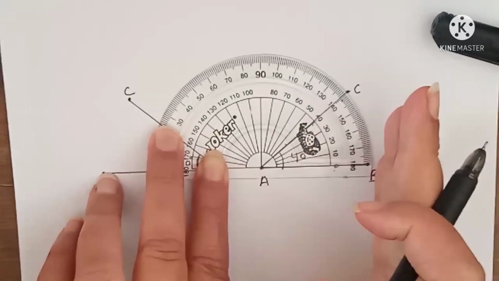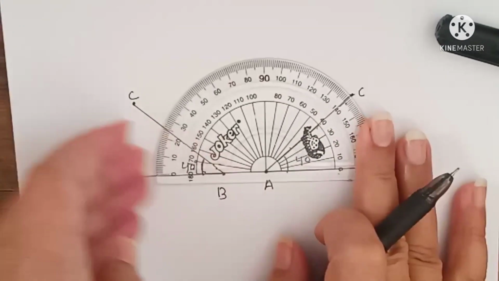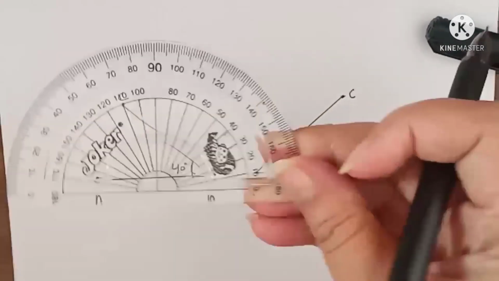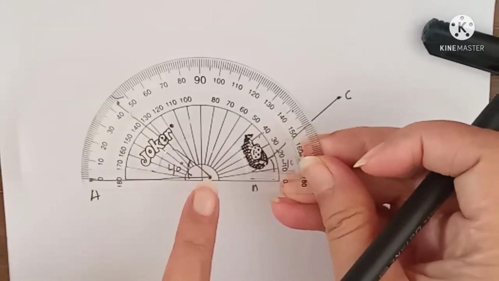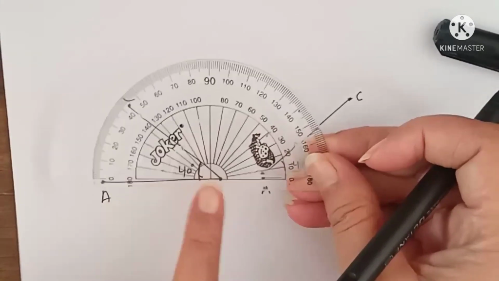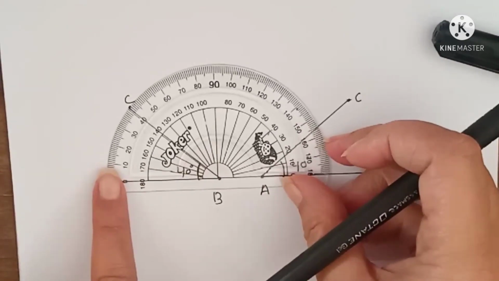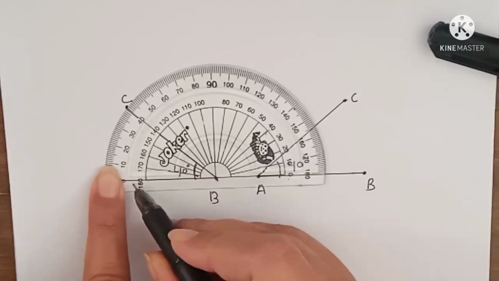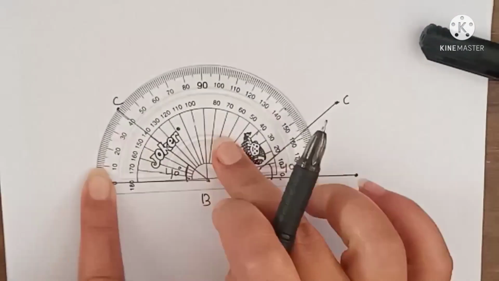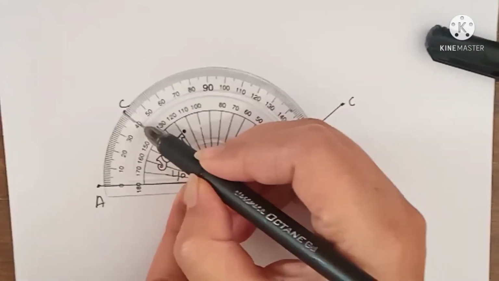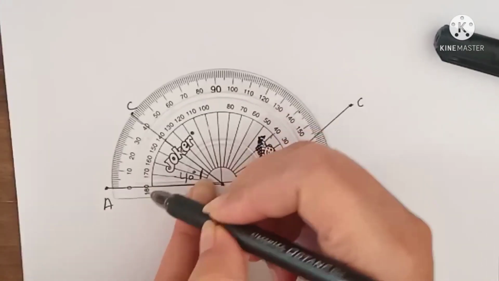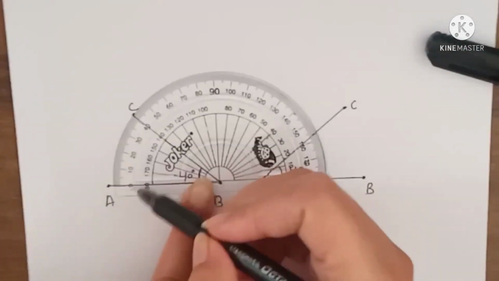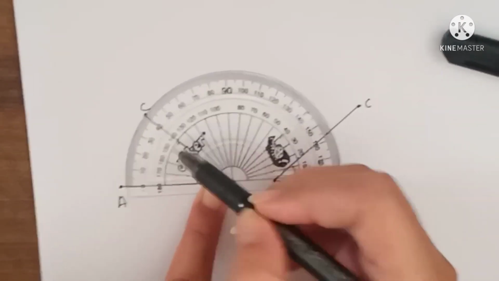For right side angles you use the inner scale, and when this is our left side angle, you use this protractor, put this point at the B point and your base line on the base line, like this. See, your point should be here and your baseline should be below the baseline. Now your angle on this side, this is 40 and this is 140, but you should always start from 0. So in this angle you use the outer scale. So this is 40, not 140.